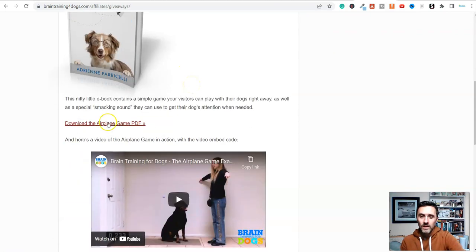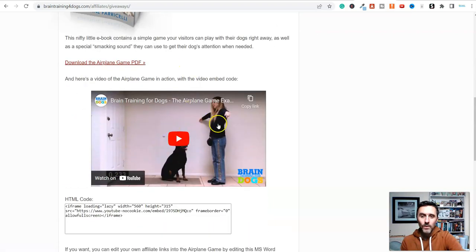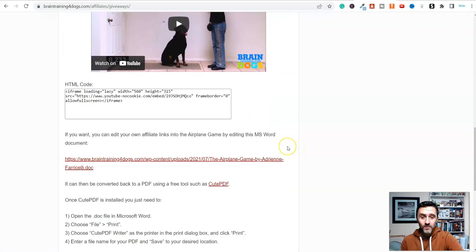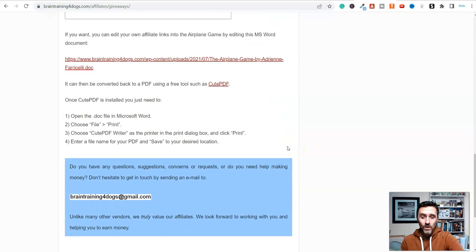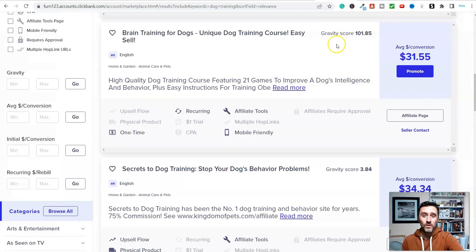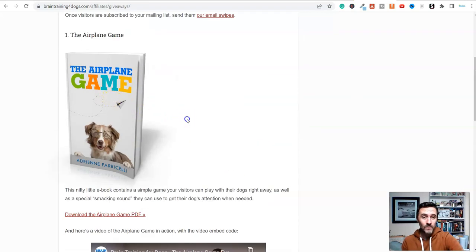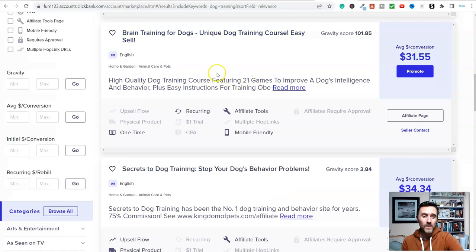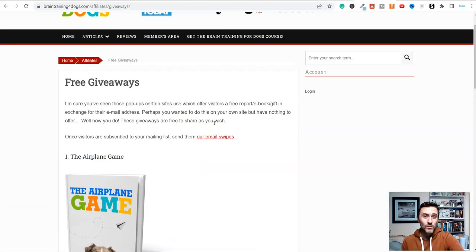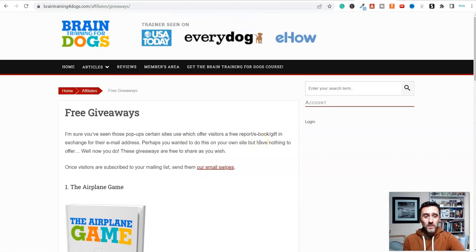And if I scroll down here, you can download this game, how it works. But basically, inside of this freebie that you give away, you have your affiliate link back over to this product over on ClickBank, where you can earn, on average, $31.55 for giving away a free game here. And this is just one example over on ClickBank. You can find hundreds of these. Most of these products on here where they have an affiliate page, they will have some form of a freebie which you can give away. But look, you can also do this with CPA marketing and many more.